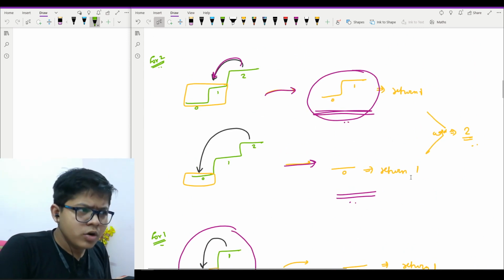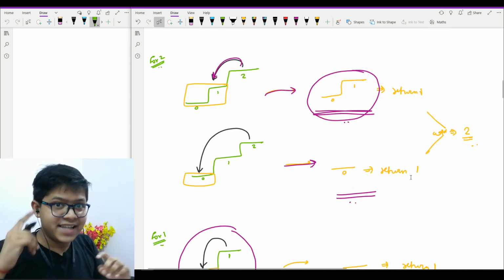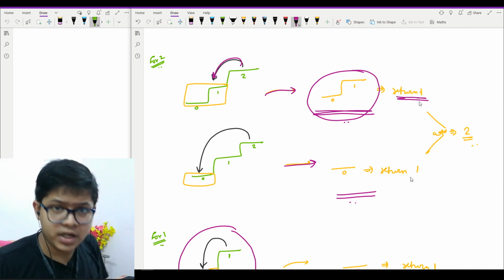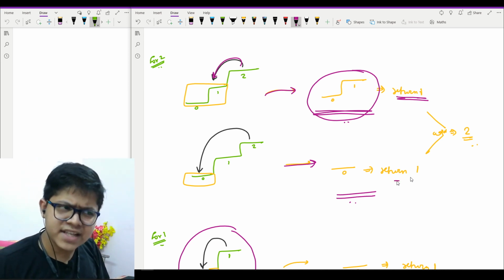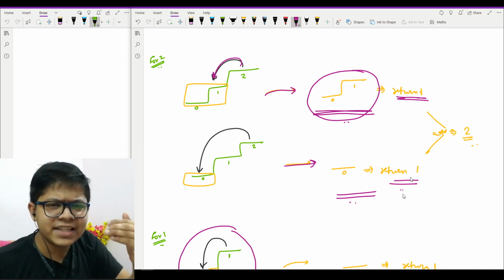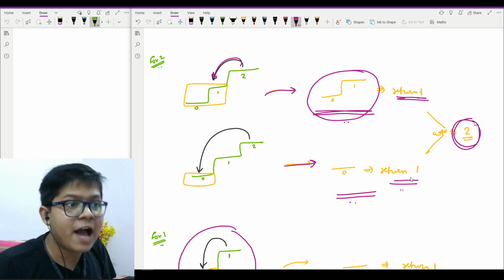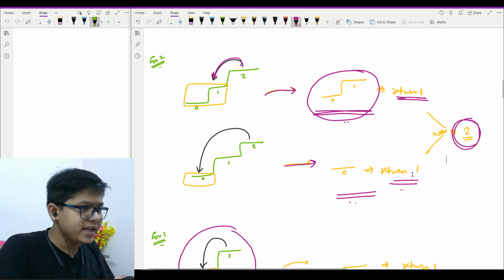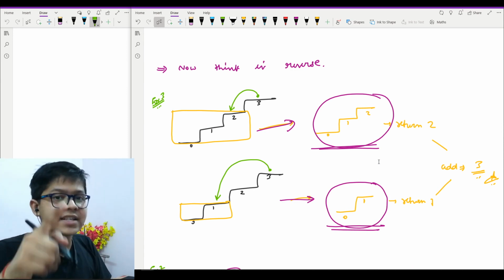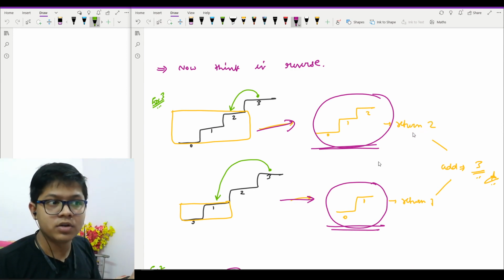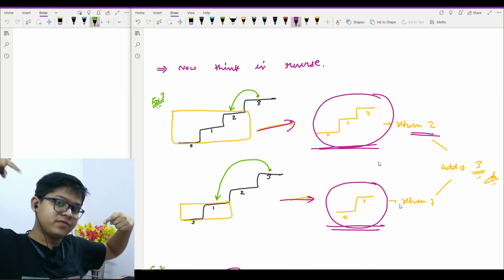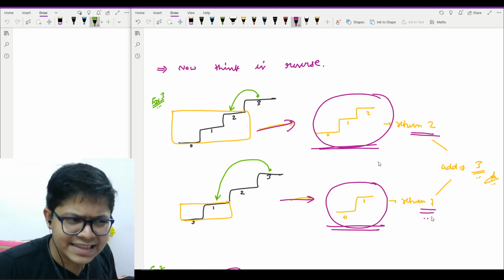Now to reach staircase 2, I will add two things. Staircase 1, which I found earlier, right now I showed you, and for staircase 0, which I also explained, it will be 1. So adding these two will be 1 plus 1, which is 2. Now I have my answer for staircase 2 as well. Then I will go on to staircase 3, for which I need to find staircase 2 and staircase 1. Staircase 2 I found right now, which was 2. Staircase 1 I also found earlier, and it is 1. So adding these two results in 3.